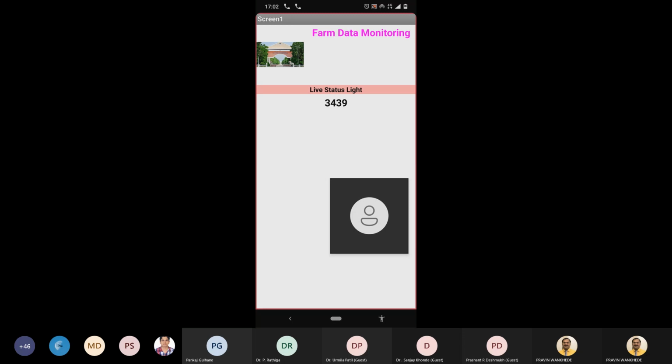You can assign colors, tables, different images, and in this way you can get the real data from your hardware. This is the data we are getting from our IoT device.